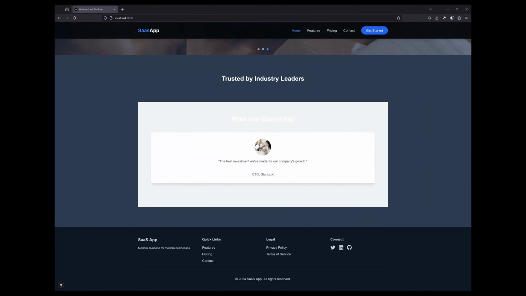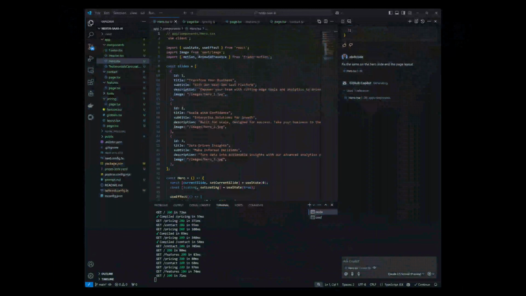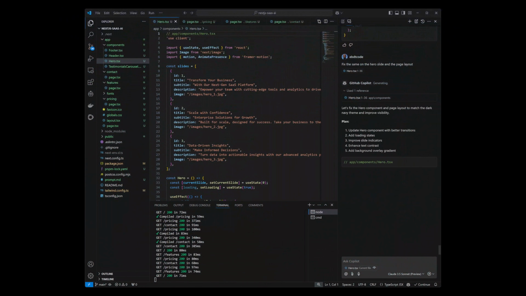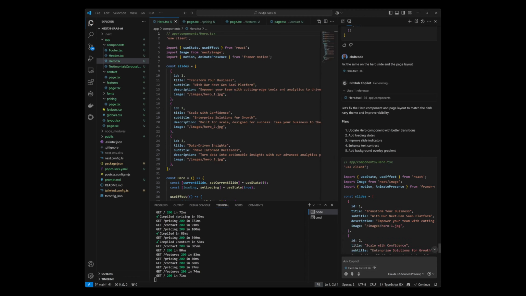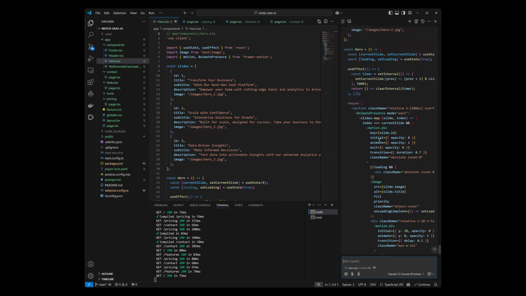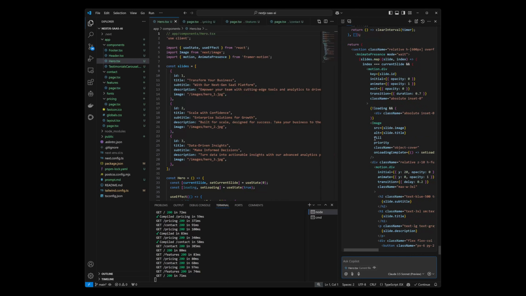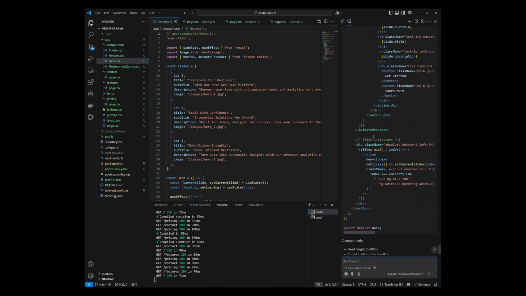And so I am now back to the code, and I just told the AI that it has to fix the text color on the page and the hero slide. That's what it is working on. So let's see. This is the hero component, and we will see what it says about the page layout. Okay, so it did it for the hero component. Let me apply these changes,